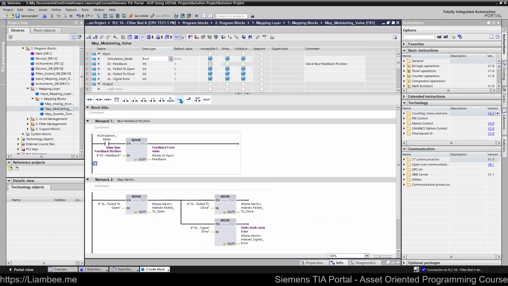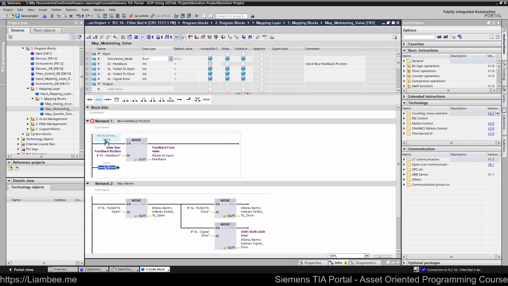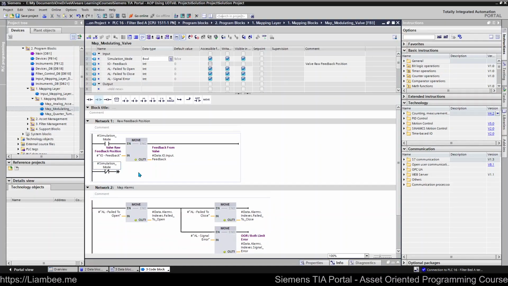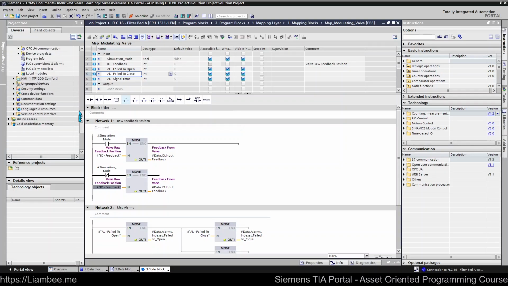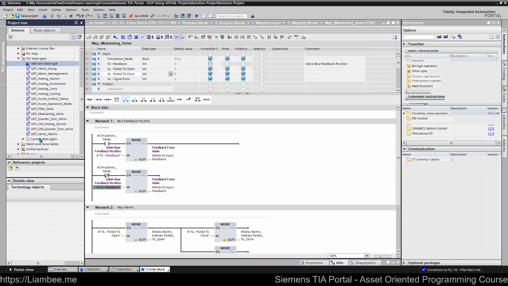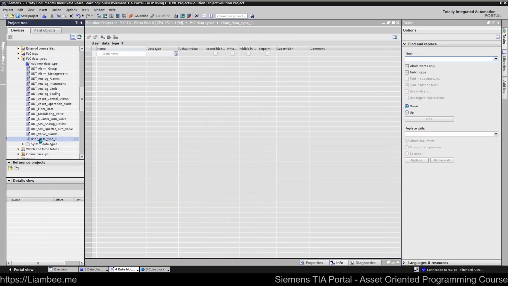And underneath, I like to keep things in the same network because a network is like a container. It makes more sense then that this is the raw feedback position, whether we're in simulation mode or not. So here, instead of IO feedback coming into this, we would have our simulation value, which we haven't created yet. So let's just jump down here and create a new data type, which would be our UDT sim